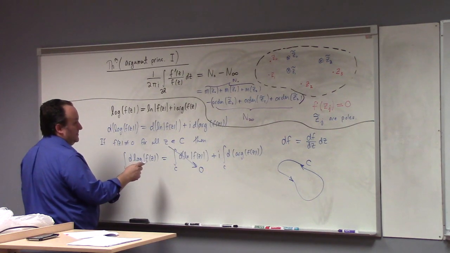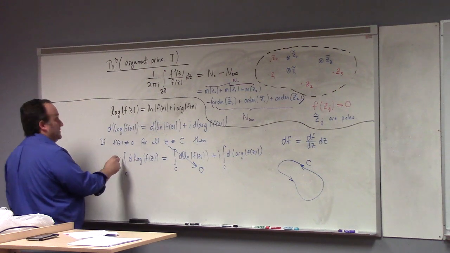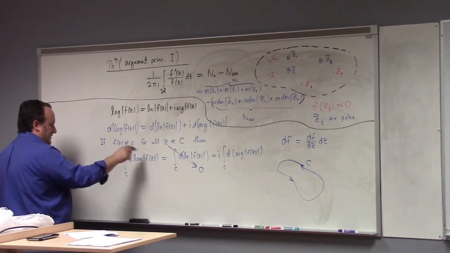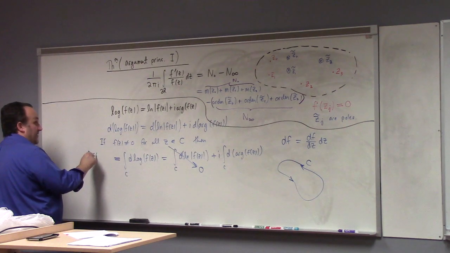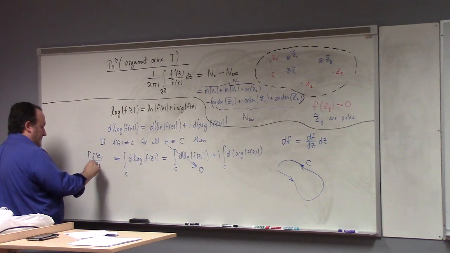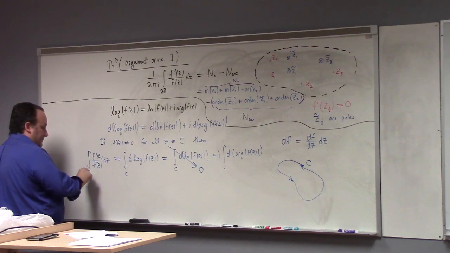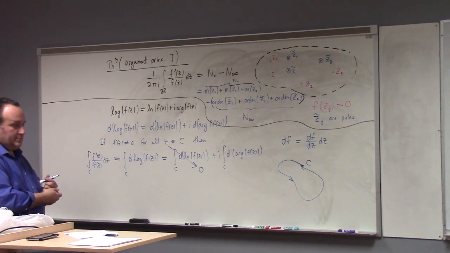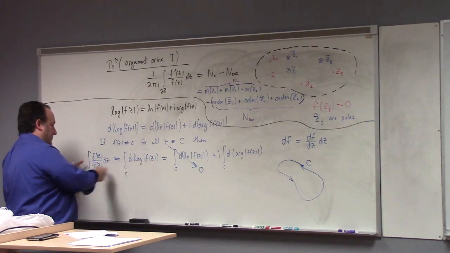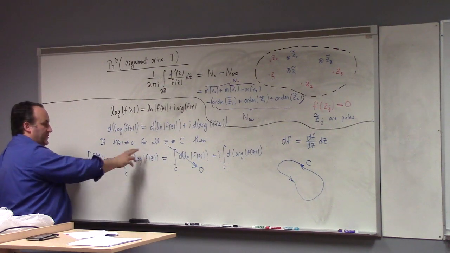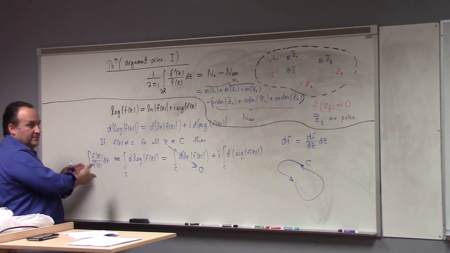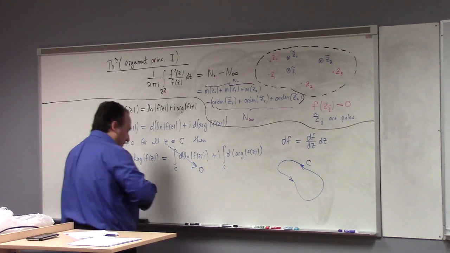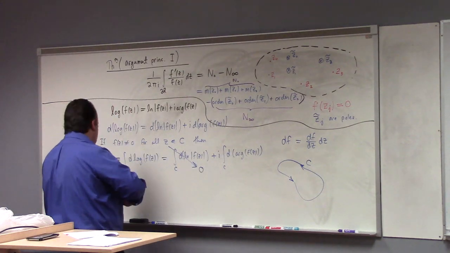let's see here. So this is almost, if you take the derivative, the integral of f prime of z over f of z dz, because the chain rule gives me this. No matter what branch of the logarithm, it's always that. So putting this all together and combining it with argument principle 1, that brings us to argument principle 2, namely